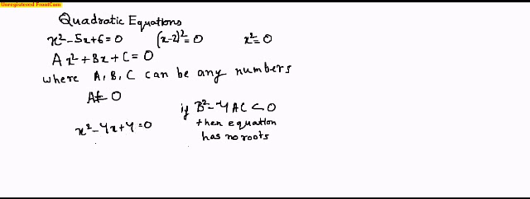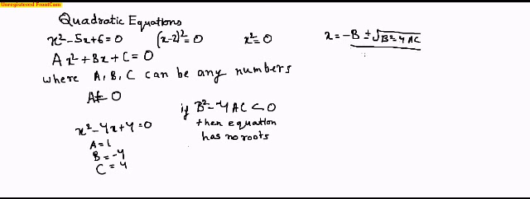Now if I once again take the values a equal to 1, b equal to minus 4 and c equal to 4, and once again try to plug them in the quadratic formula, that is x equal to minus b plus minus square root of b square minus 4ac by 2a,